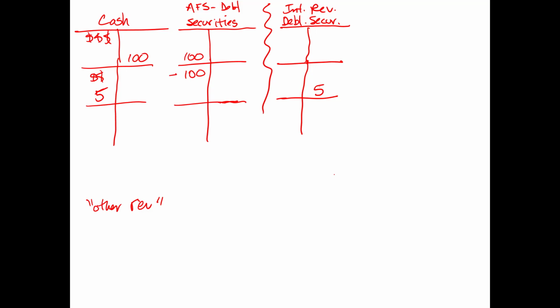So maybe when we bought the securities, we paid $100,000, but maybe they've gone up in value. So in our accounting system, we see that at the end of the year, the $100,000 is what we paid, but when we look at the market, the closing price of these bonds, we see that it's actually now